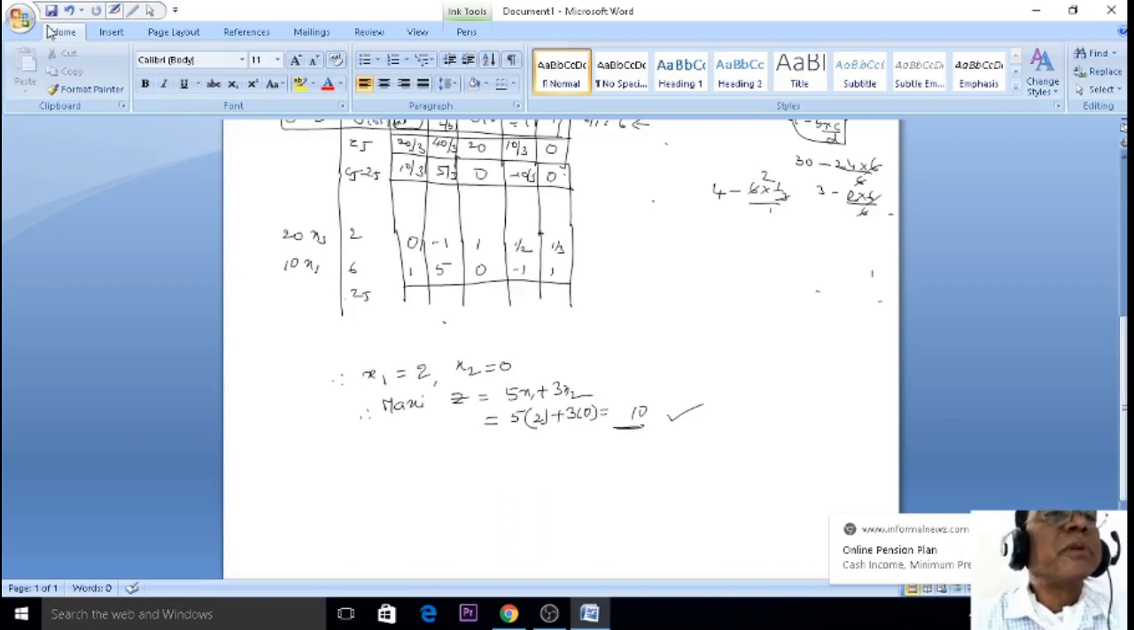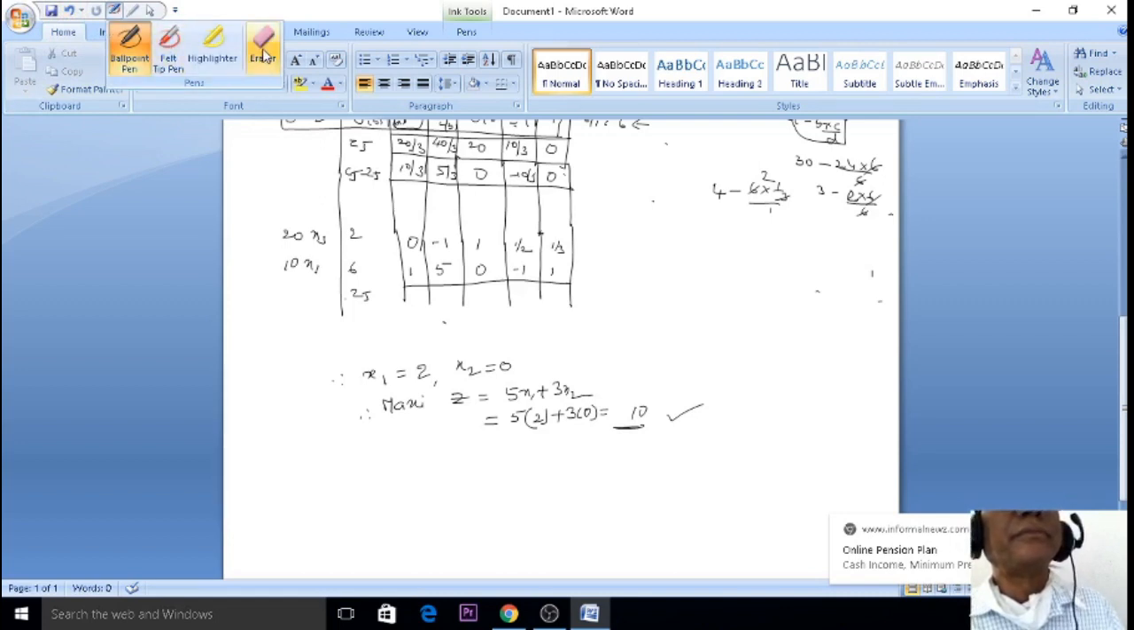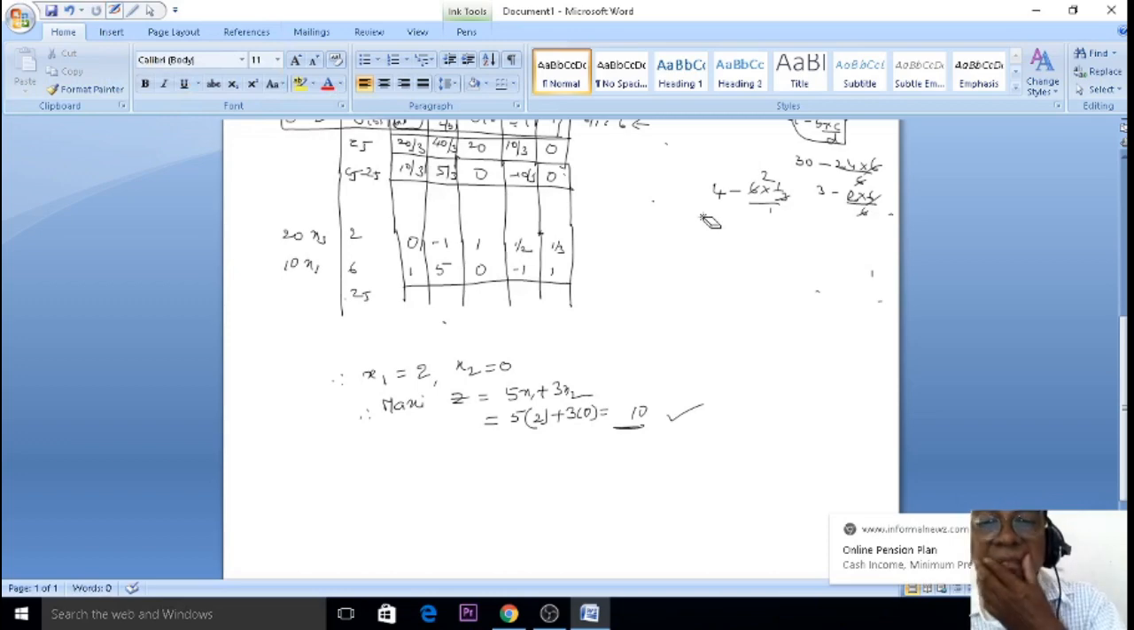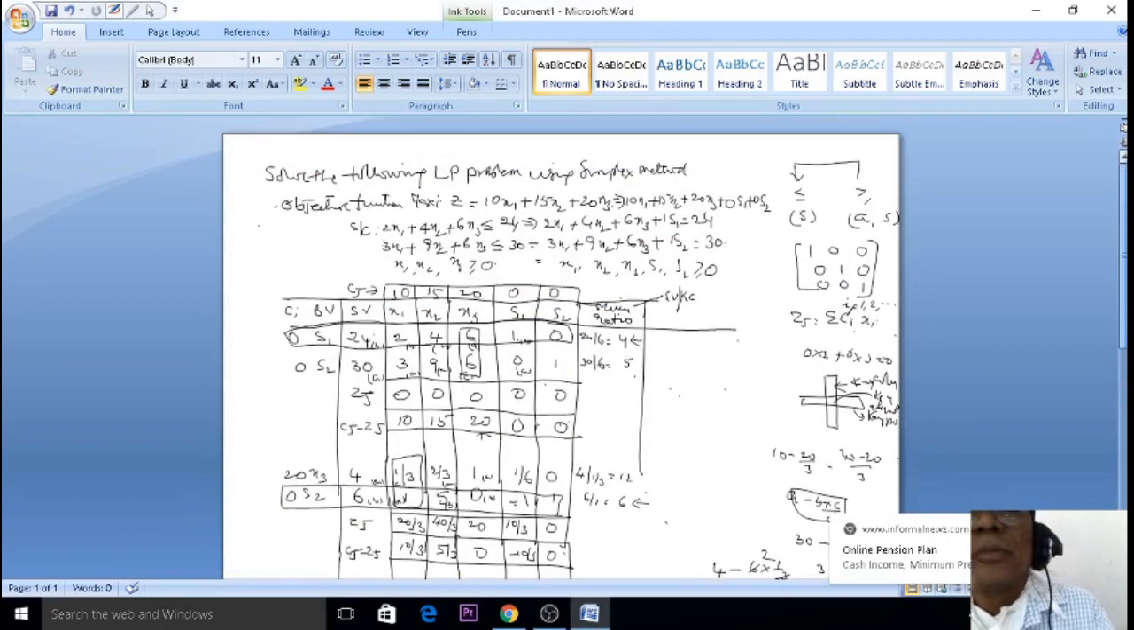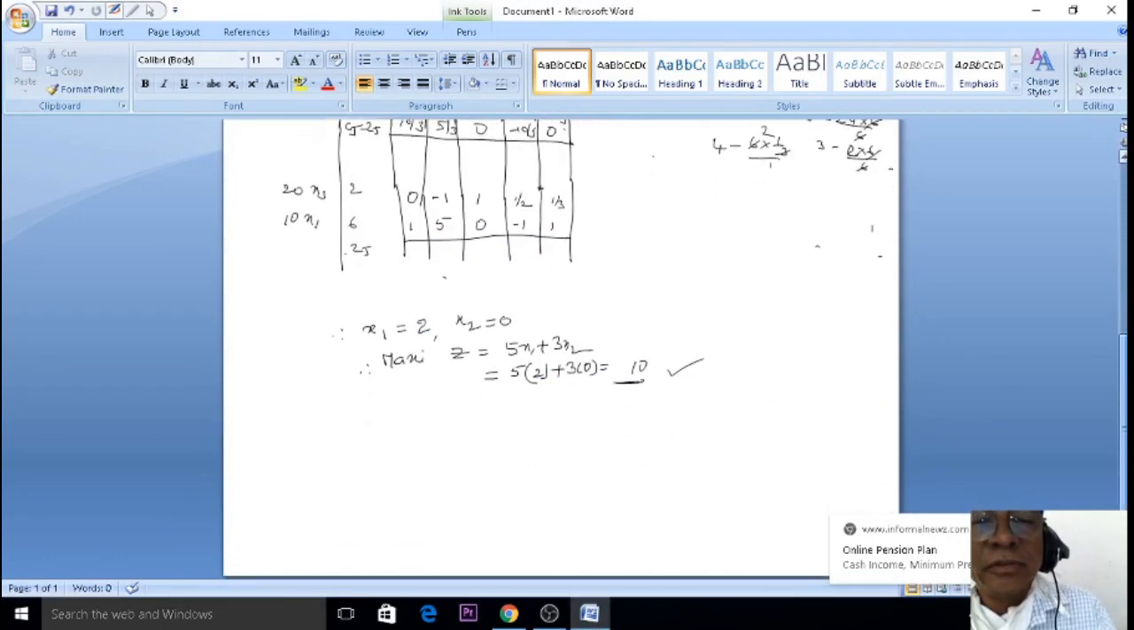Oh, in the previous problem, already I entered into the previous problem, because the problem is in the previous problem, where is the first